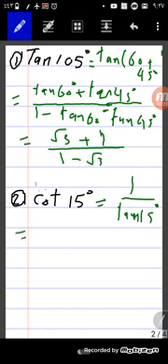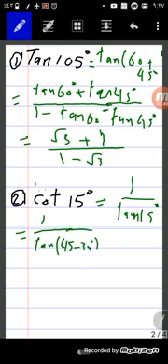Now 1 over tan of 45 minus 30 equals, we can apply the second rule of tan, but we take the reciprocal of the rule, as